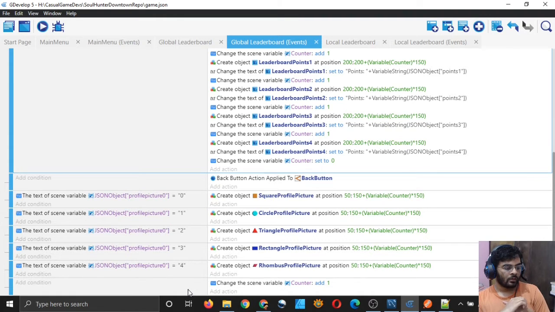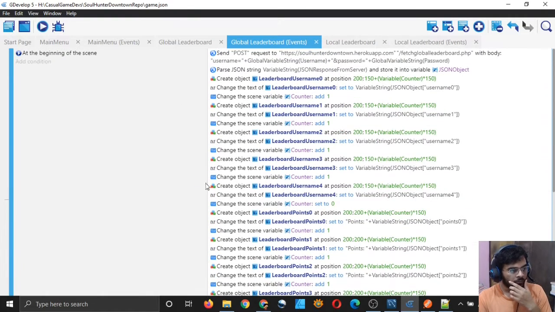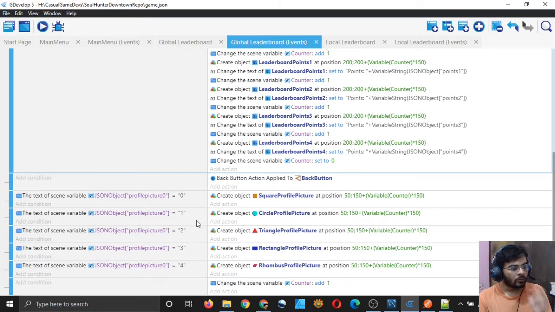I don't know why it's displaying 5 different pictures. If the text of a scene variable is 0, then it should display square. If it is 4, then rhombus. Why is it repeating it? Oh, it is repeating it every frame. That's what's happening.